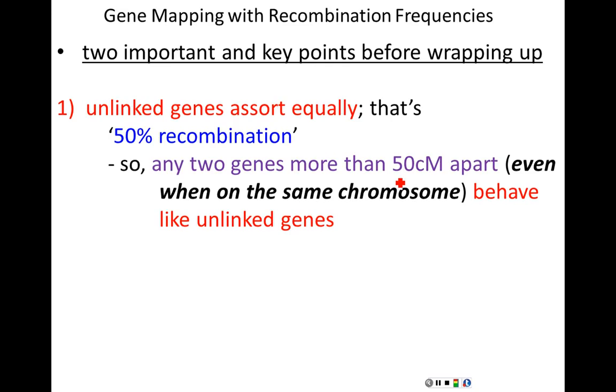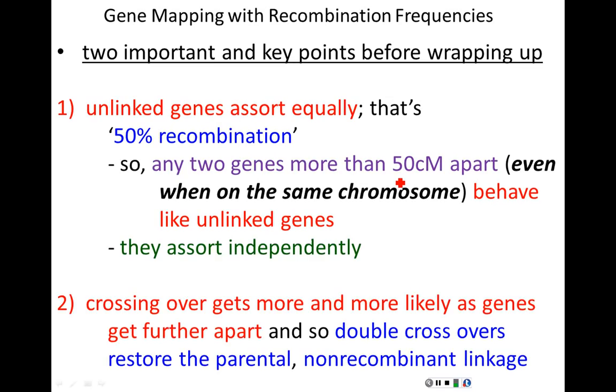What that means is that we get the recombinant gametes in equal numbers to the non-recombinant gametes. Well, getting the recombinant gametes equal in number to the non-recombinant gametes, that sounded a lot like the unlinked genes, and in fact it is. So once two genes get further than 50 centimorgans apart, once recombination frequencies hit 50%, we are at independent assortment. Whether they are physically unlinked or just so far apart on the same chromosome, we treat them like unlinked genes